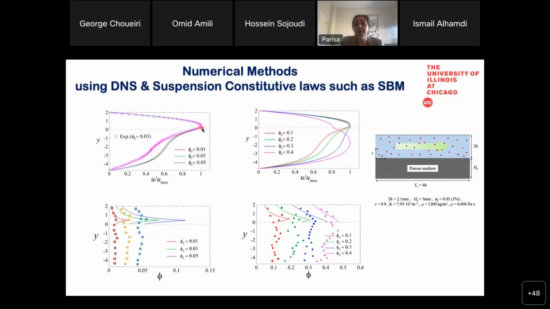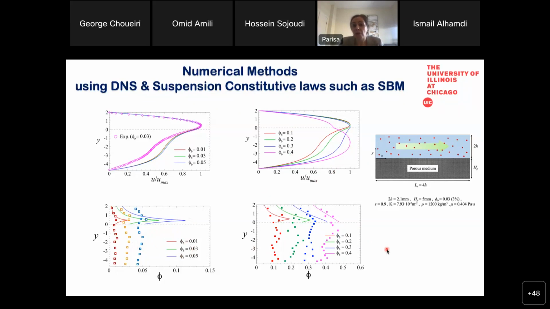As you can see, there is a pretty good match between the experiment and the numerics in the free flow region. Inside the porous media, however, there is a mismatch inside the rods. For MRI results, the velocity profile is obviously so different, and we could see a huge velocity profile producing inside the porous region compared to the rods that we considered in our experiment. And also there is a mismatch between the concentration profile of the suspension balance model and the experiments.